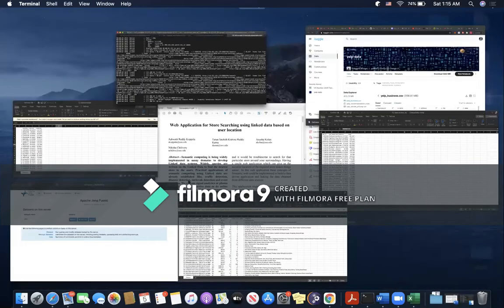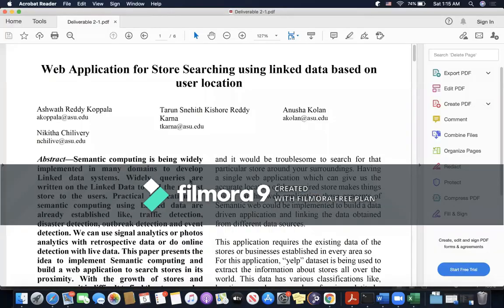These three instances are operated from our terminal. After hosting these three instances, we are writing a federated query which fetches data from these three different locations, each one a different OWL file. So basically, we are bringing the concept of linked data, which can be used to develop applications that help current day users. And store searching is one such implementation of a linked data application.